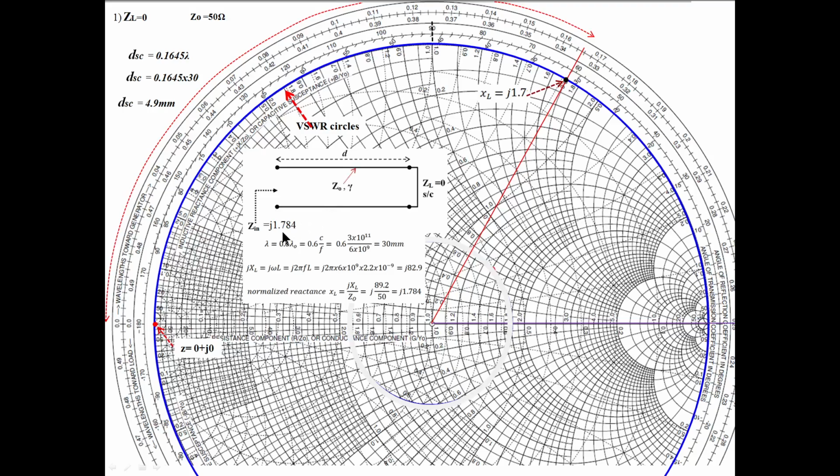Okay, but what I wanted is 1.784. If I move like this and go on moving, this is the 1.6, 1.4 reactance. Whenever I come here, this is the 1.8 reactance circle, and this is the 1.6 reactance circle. But in between these two reactance circles, there is one more circle. You see, this is a circle here, equal to 1.7.